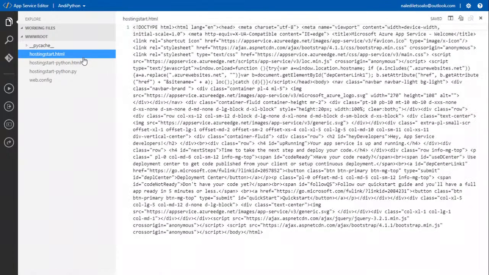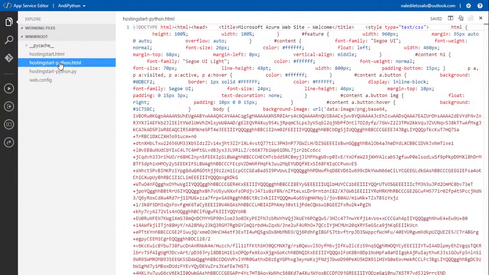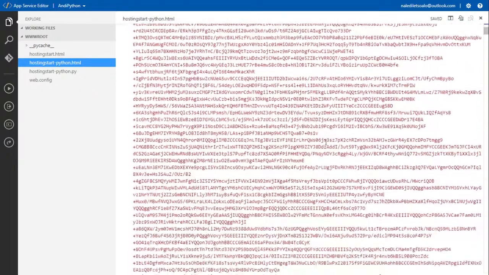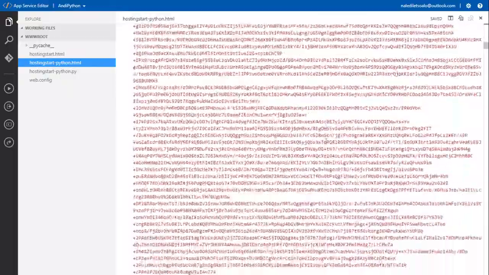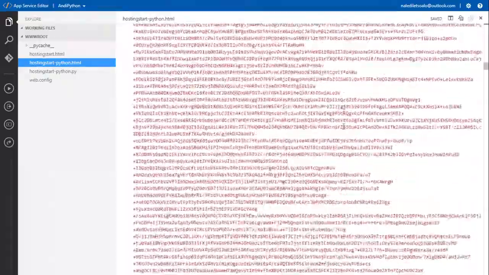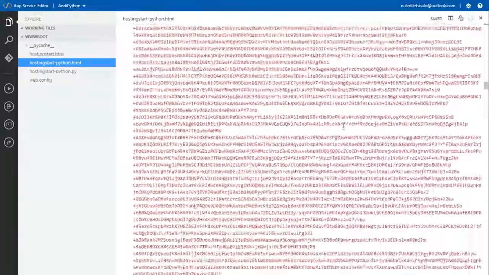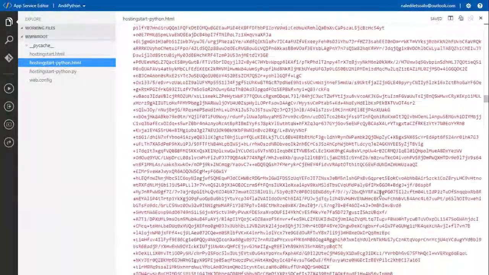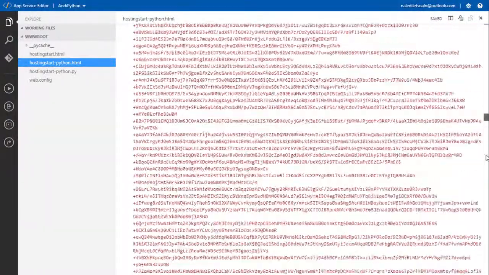So, hosting start HTML, all right? And because Python is the way that it is, there is hosting start Python, which kind of lets you know where everything is, which is everywhere, and there's lines upon lines upon lines of code that you're like, what is this?